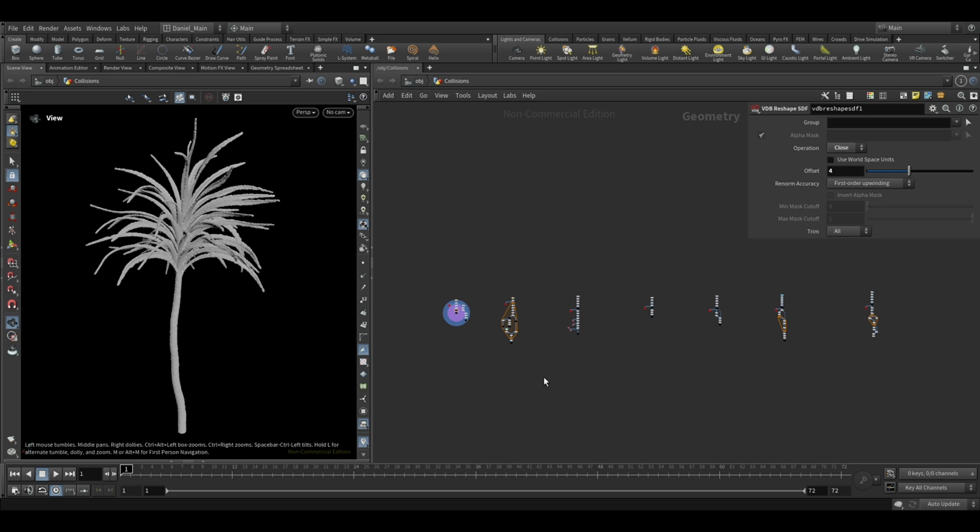Hello everyone and welcome to this new YouTube tutorial where we are going to be talking about how to create good colliders for your simulations, VDB colliders, VDB surface, because usually we don't have a really good geometry and when we try to use the typical VDB from polygons node, if the geometry is not closed or doesn't have a volume or it changed topology and holes are moving per frame, it's going to be a bit difficult to create